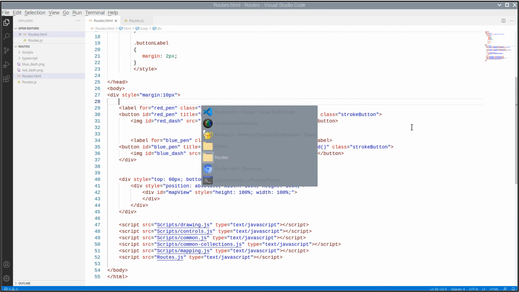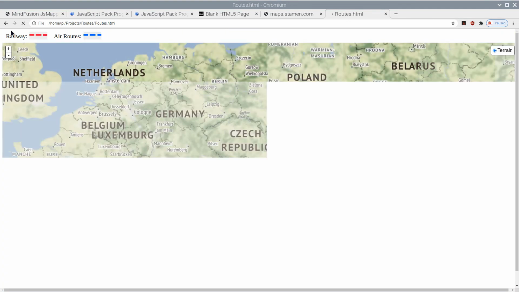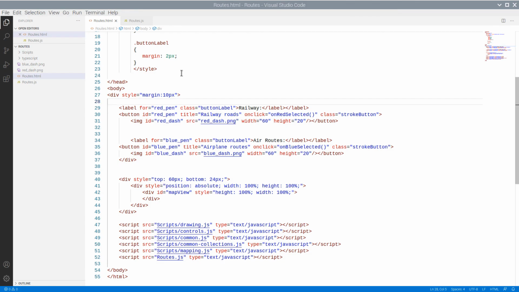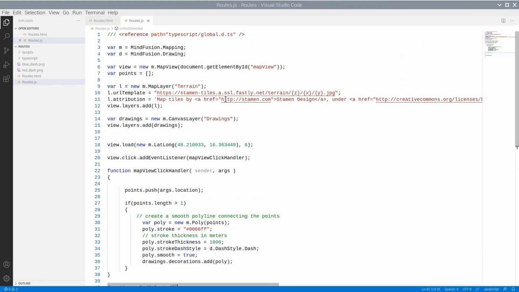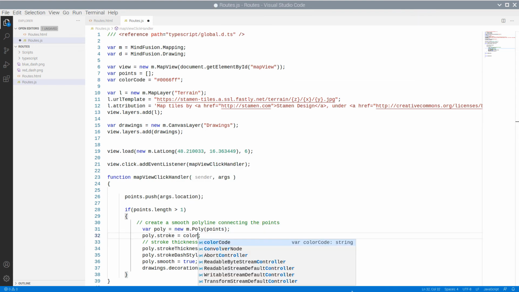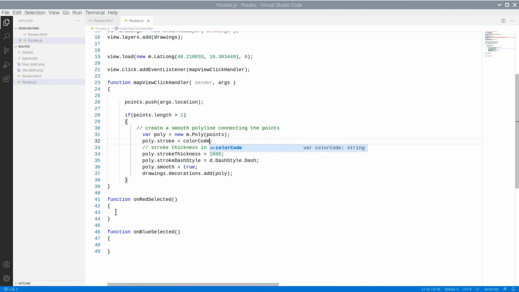Let's add those event handlers in the code behind. First, let's see that our buttons are there. Yes, they look fine and don't do anything, of course. We start writing the last part of our application by declaring a variable for the color code. Then, in the event handler for the red button, we get the DOM elements of both buttons.